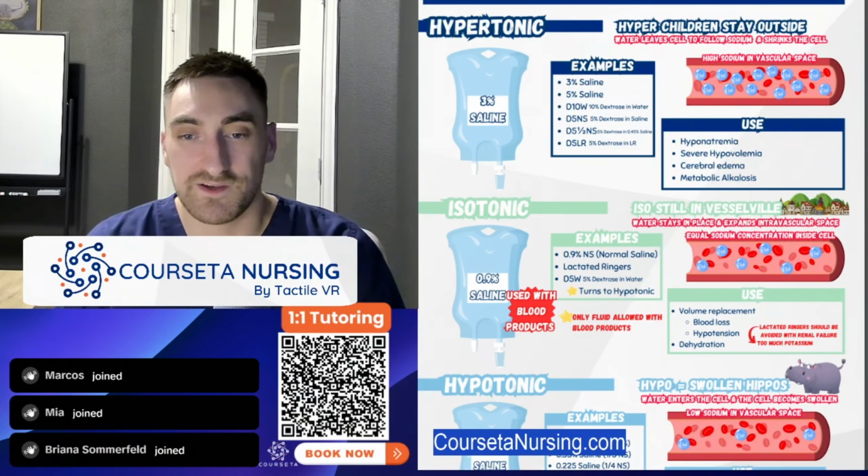Well, it's not the vascular space now. So the only other space that it can go to is inside the cell. So it's going to travel to the cell, because that's where the higher concentration of sodium is now. And it's going to swell up that cell. So hypo, close to hippo, swollen hippos. It's going to swell up that cell because the concentration of sodium in the cell now is more than the vascular space, because we just introduced a fluid that was